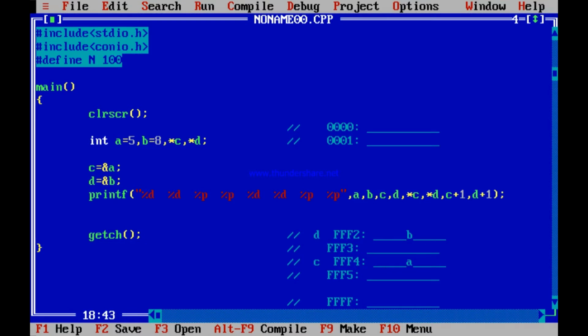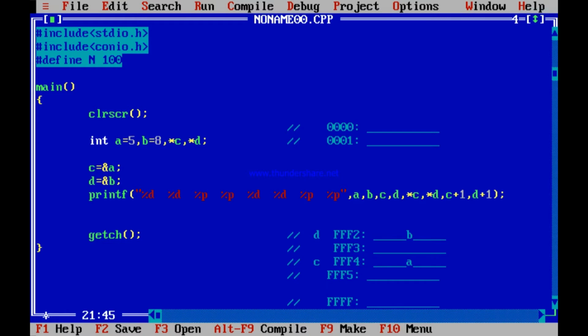D equal to ampersand B. The address of A is in C, FFF4, and FFF2 is in D. So D equal to ampersand B and C is equal to ampersand A. This is how it is being stored.